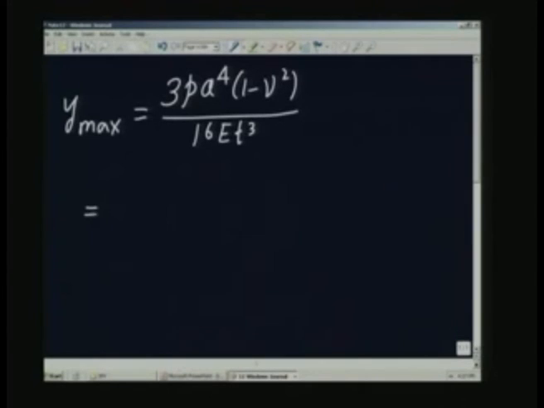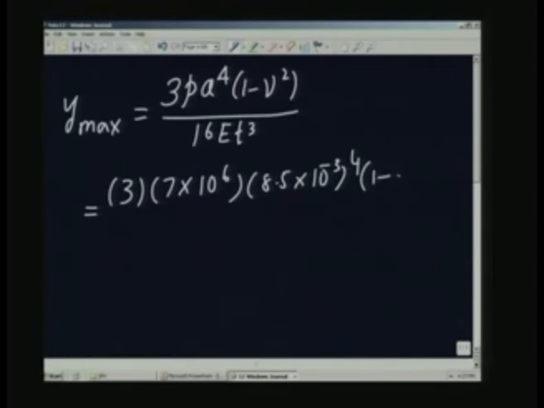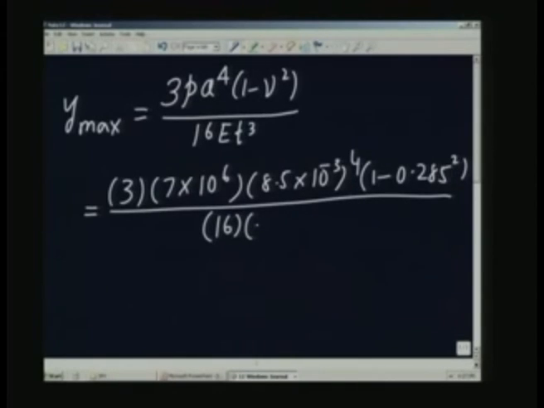This formula also was given earlier in the last lecture. This will be 3 into 7 into 10 to the power of 6, into 8.5 into 10 to the power of minus 3 whole to the power of 4, 1 minus 0.285 whole squared, divided by 16 into 207 into 10 to the power of 9, 207 gigapascals. T cube is 0.918 into 10 to the power of minus 3 whole cube, and this comes to